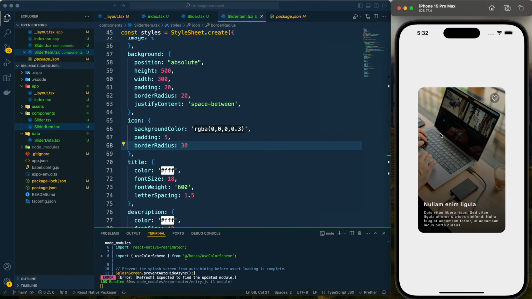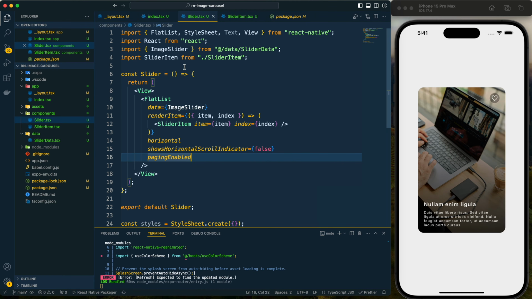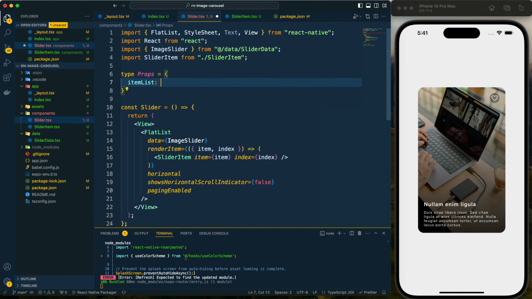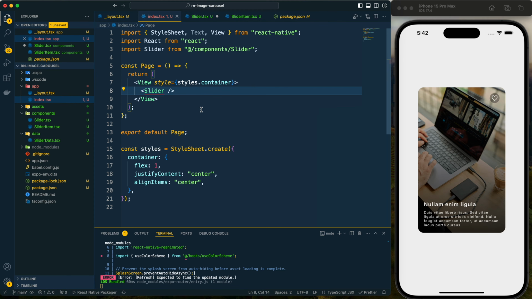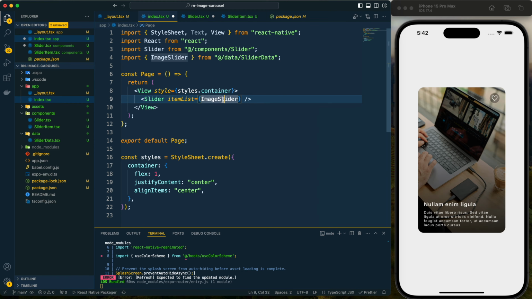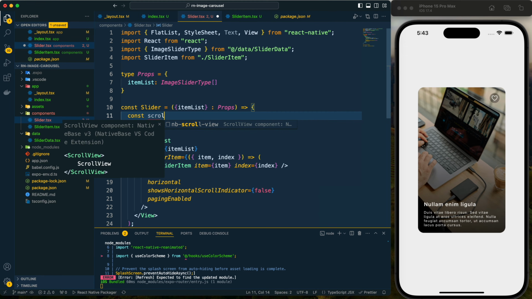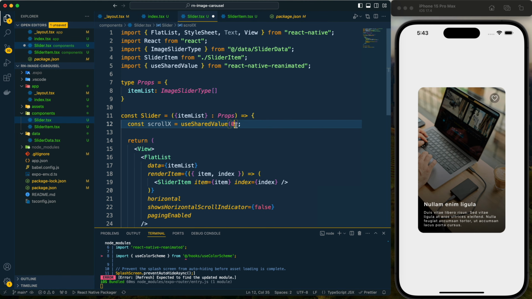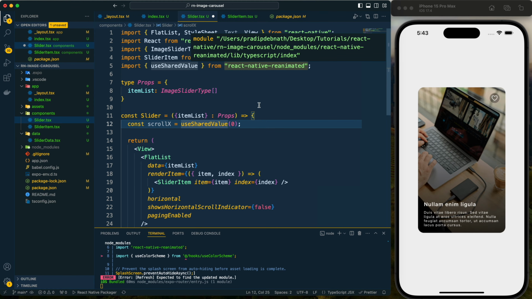Now we need to implement the carousel animation, and for that I will take props as item list, and the item list will be an array of ImageSlider type. For the data I will provide the item list, and it will be ImageSlider data. So now first I am going to create a shared value called scrollX, and I will provide 0 as the value for now, and this useSharedValue is imported from React Native Reanimated.